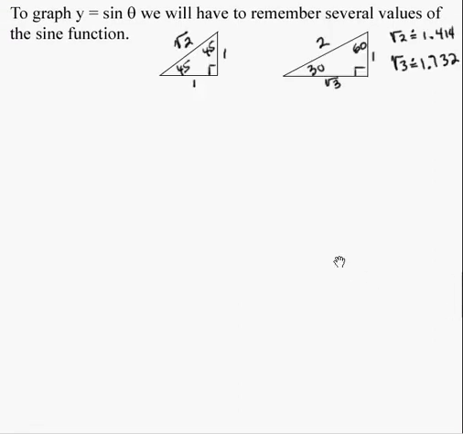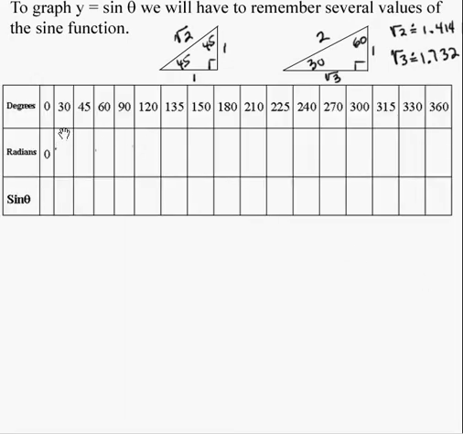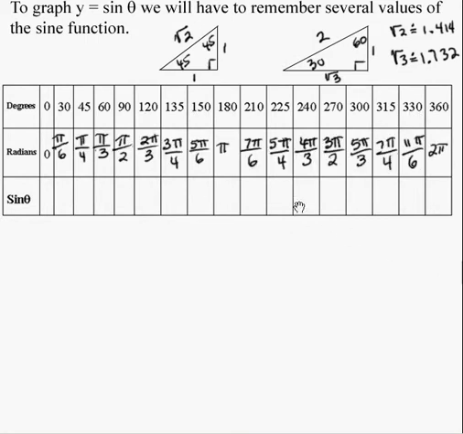And to do that, we're not going to use our calculator, so we're going to remember our 45-45-90 triangle, our 30-60-90 triangle. Remember, the square root of 2 is approximately 1.414, and the square root of 3 is approximately 1.732. Now let's fill in this little chart. Here we have all our angles measured in degrees: 0, 30, 45, 60, 90, 120, 135, all the way through 360. Let's just for fun fill in all the radian equivalents, and you can look at those later,